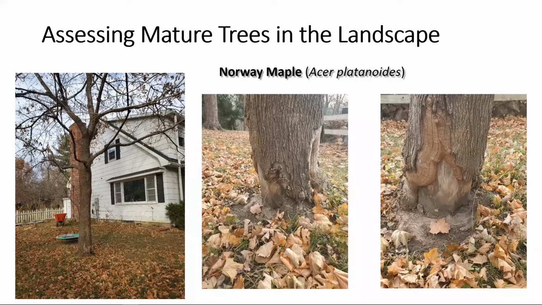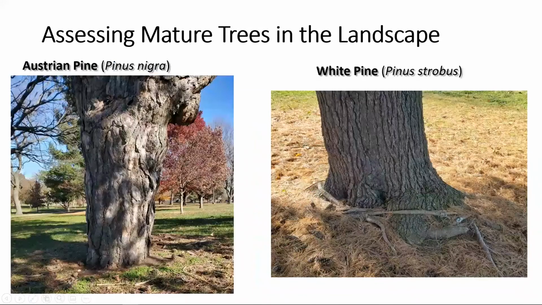Now, in other cases, it does take a careful assessment of tree health. So when I look at the Austrian pine at the left, look at how much it tapers the wrong direction going down into the ground. If I had a pine like that, that's a great candidate for a root collar excavation. But if I had a half dead canopy, gosh, it's not a hard decision to think that thing needs to be removed if there was a target around it. I guess that's one thing to look at.